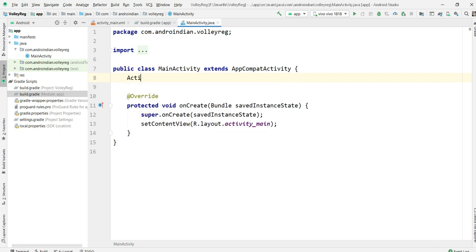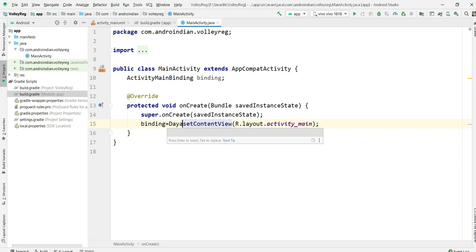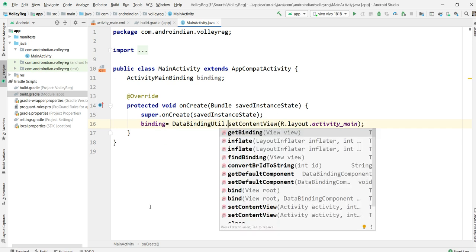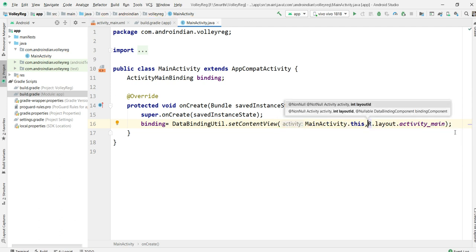See, ActivityBinding, something binding. Then you can map that binding here: binding equal to DataBindingUtil dot setContentView. Then you can map it with the context. After this, if you want to go further, we need the Gradle dependency.